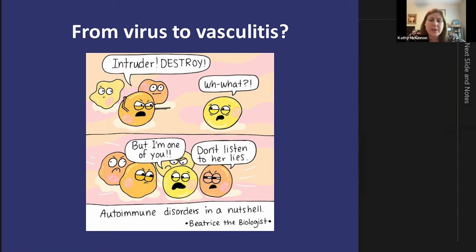And so in a nutshell, we think that this stimulus to the body, and in this case, the virus, influences other immune cells and identifies the body's tissues as a target. And for some reason, the immune cells that normally look at you and recognize the different parts of your body as self don't recognize it, hence the attack against your own tissues.